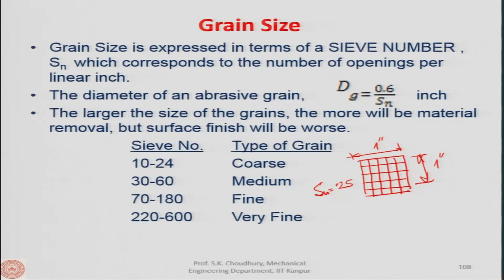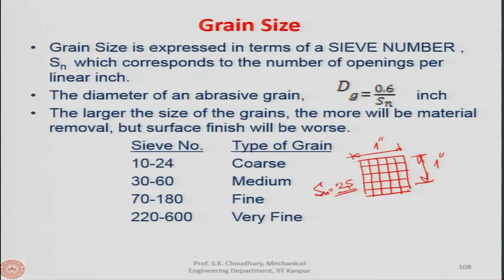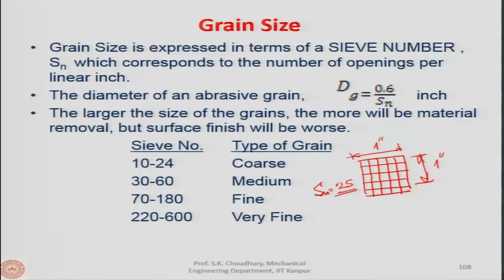Okay. So, this means that if you have this kind of a sieve and you put, let us say, sand on that sieve and vibrate it, the particles which come through will be up to a sieve number of 25, and what remains there will be different from the 25. So, how different, we are coming to that. Whatever sieve number is given, that signifies the number of openings in 1 square inch of sieve, and that is why it is called the sieve number.